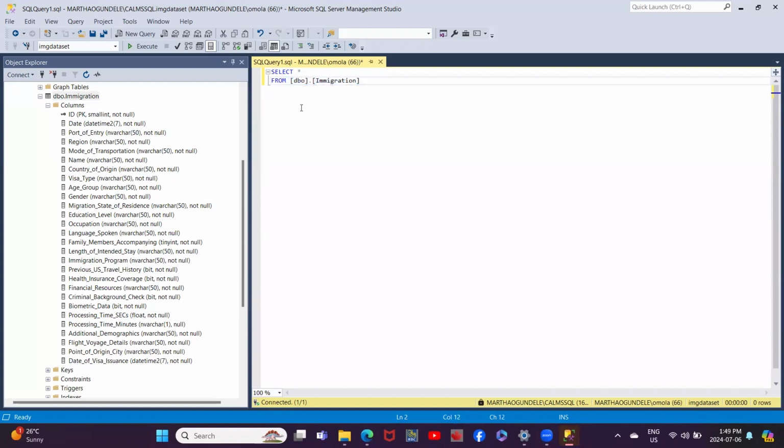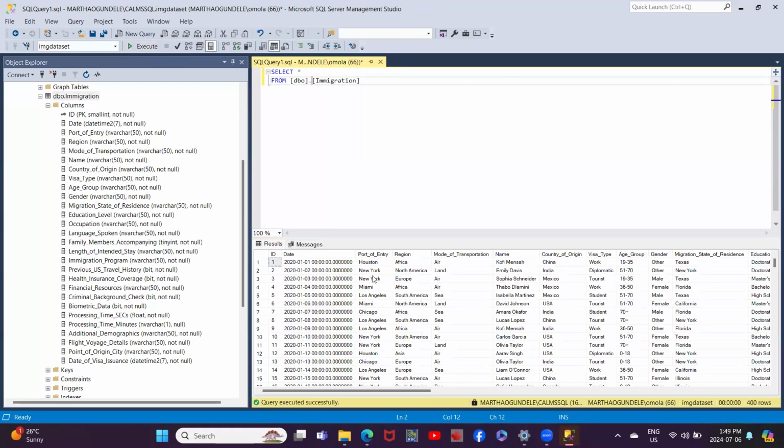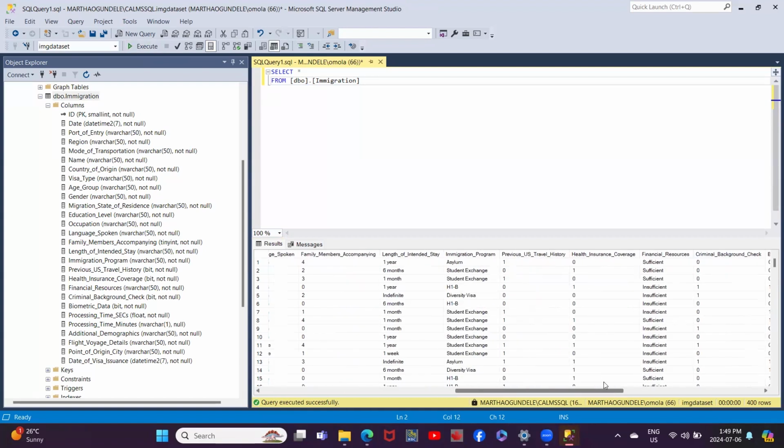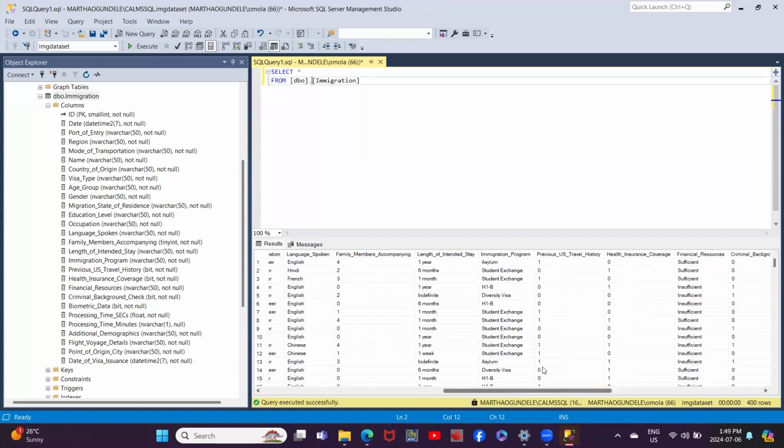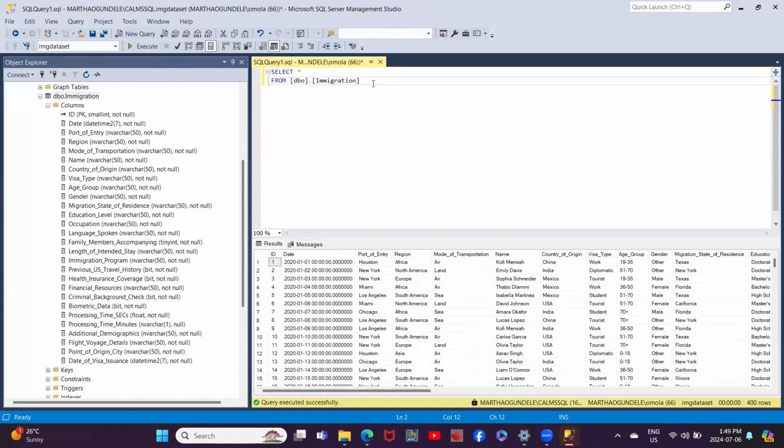And I will then say I want to run my query. So for me to run my query, I will click on execute. And you see that I have all my query here as we have it in the data set. The question now is, how do I select specific columns that I want from this data set? All I need to do is remove the asterisk, which I use in selecting everything, and say I want to